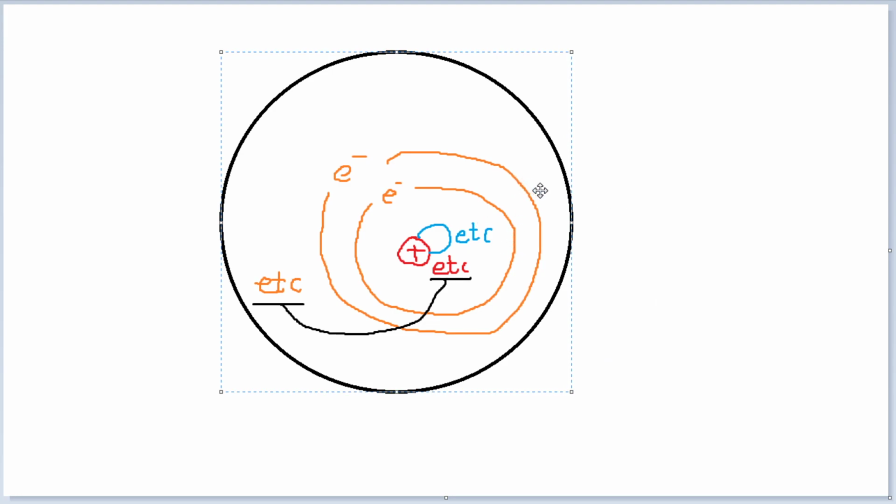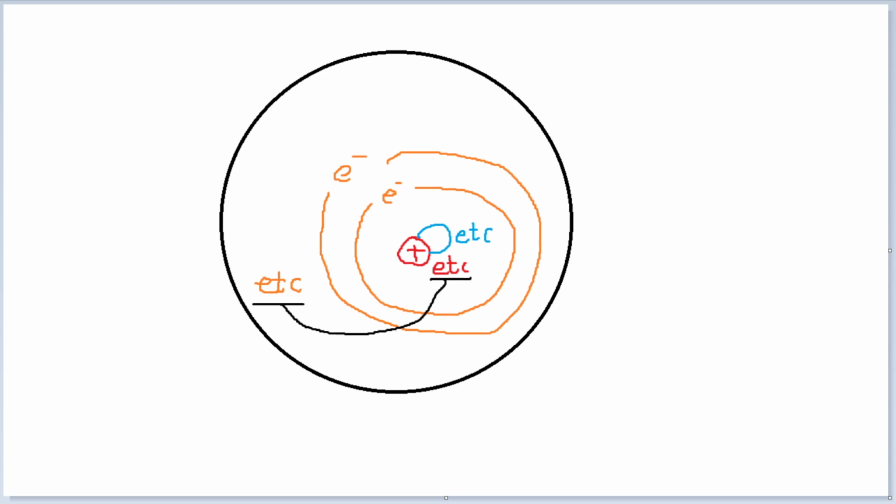Now, the reason I'm putting a circle around it is this is our picture of an atom. The circle that I've drawn around here, that circle doesn't exist. There's no circle like that. That is a circle in my mind, and I'm putting it there because I want to remember that that is the picture of an atom. Everything inside this picture is an atom. So I'm going to just forget about that for now. I still have to understand how it works, but in order to see how the picture is incorporated into a larger picture, I will need to forget the inner workings for now. So this is my atom.